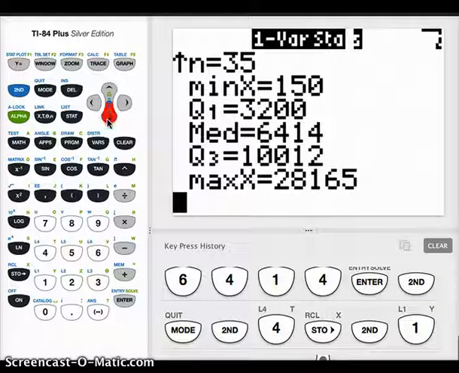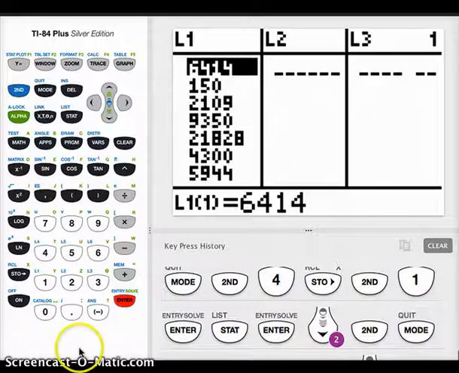Q3 is 10012. And there's your maximum. So there's some good information for you in the one variable statistic calculation. Another thing that would be helpful for you is to be able to put L1 in order. And like I showed you in that other video, the way to do that is to